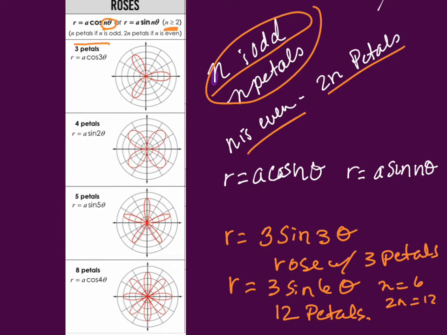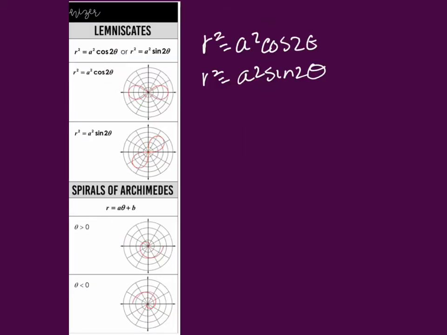Okay, so here are your examples. When it has 3 petals, a cosine 3 theta, we have symmetry to the polar axis, we have 3 petals. When it's 2 theta, we have 4 petals because that's even, so we have to double it. When it's 5, it's 5 petals. When it's 4, it's 8 petals. All right, so that's roses. Then we have